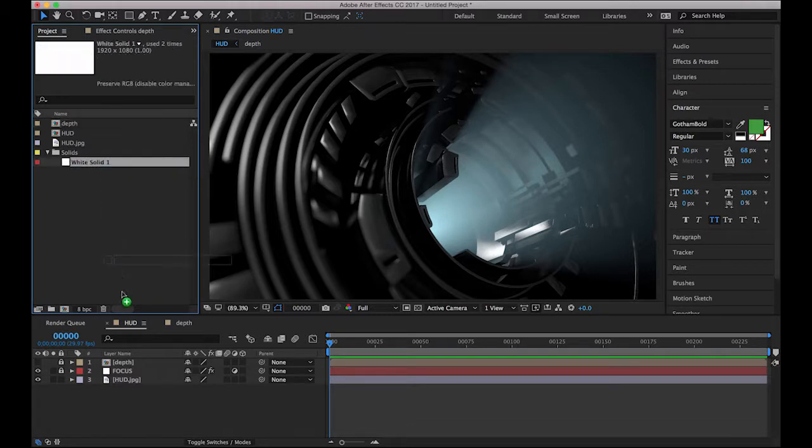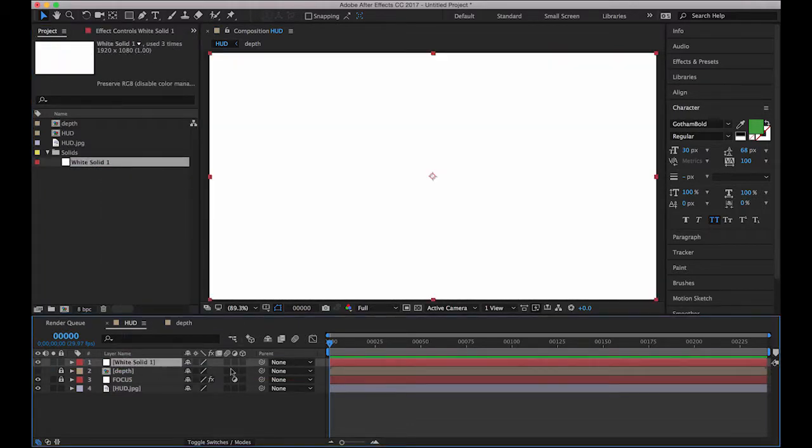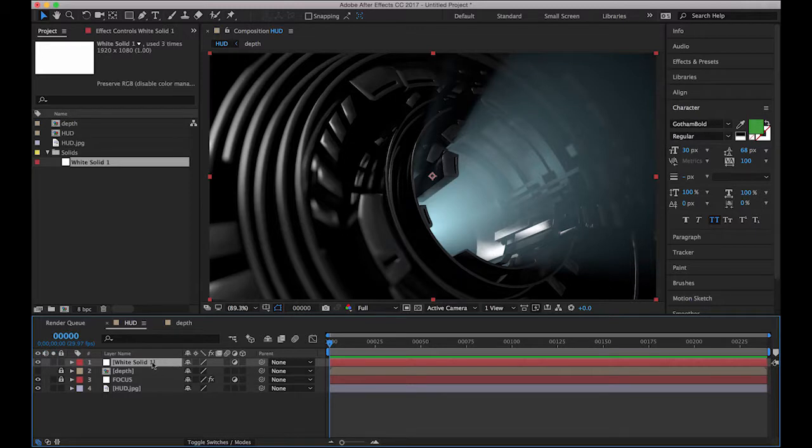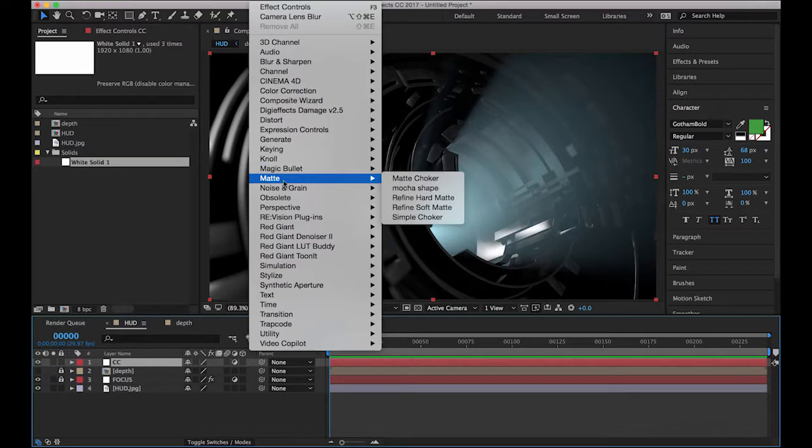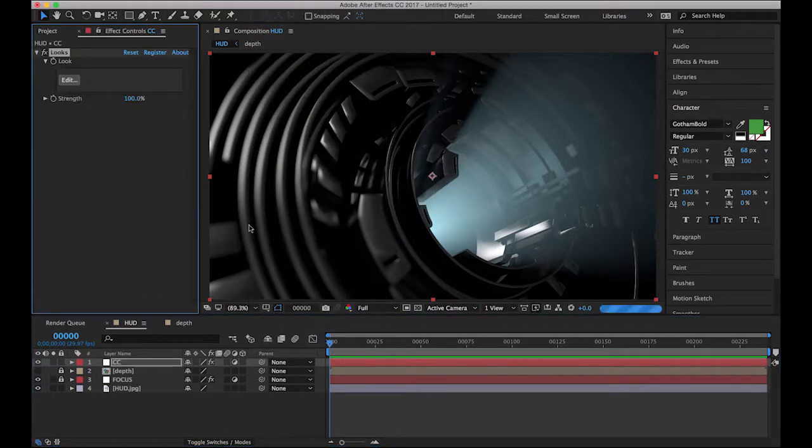So I'm going to add another white frame, and I'm going to make it another adjustment layer. And this one is going to be our color grading, or color correction. So I'm going to cheat again. Rather than going and doing all this manually, I'm going to use a third-party plugin, Magic Bullet Looks, because they've already done all the hard work for us. So I'm going to go into here,